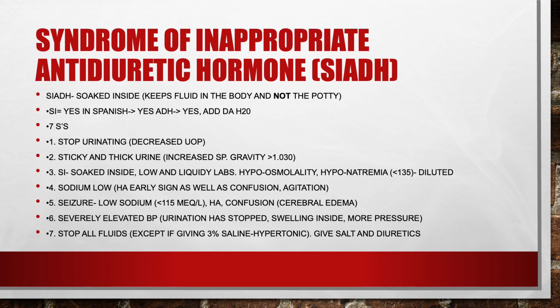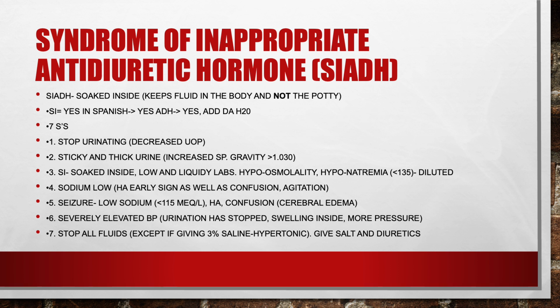So, syndrome of inappropriate antidiuretic hormone, SIADH. The body is literally holding on to the ADH, so there's no diuresis, there's no peeing. And whatever little pee is there is going to be very concentrated and even sticky. To get an idea, all of the concentration is in the cells of the brain, not in the intravascular space. That's where it gets tricky. There's very little sodium in the intravascular space, or the blood, and that's why you're going to see hyponatremia. It's going to be very diluted.